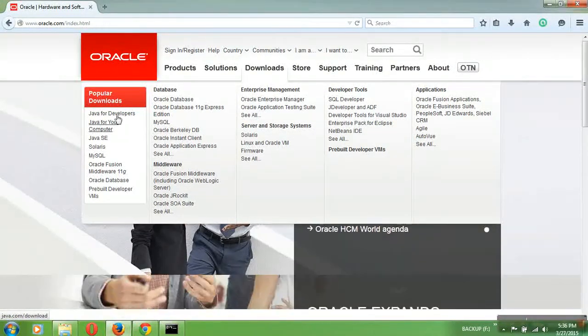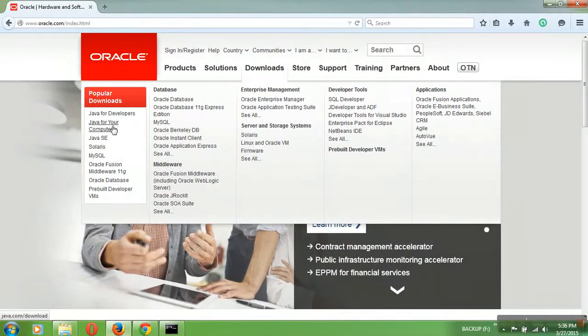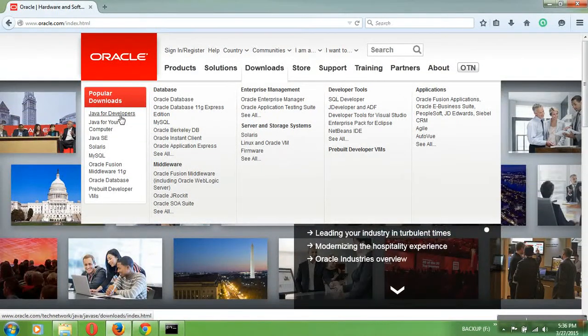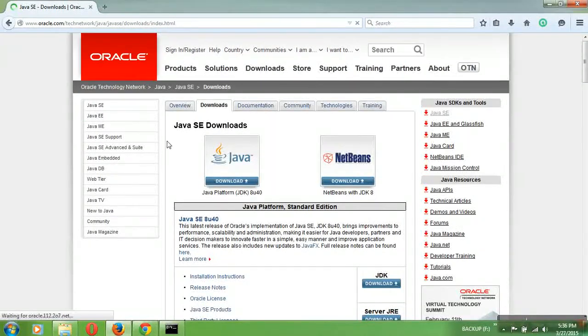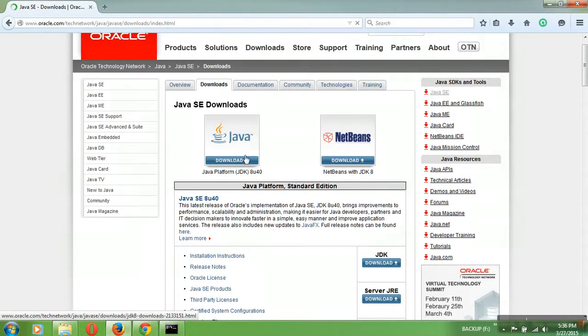Here both sections are available, Java for developers and Java for your computer. Java for your computer means JRE, Java Runtime Environment, and Java for developers means JDK, Java Development Kit. So I am going for Java for developers. We need the JDK, right? Here I got the JDK, the latest version. Click on it